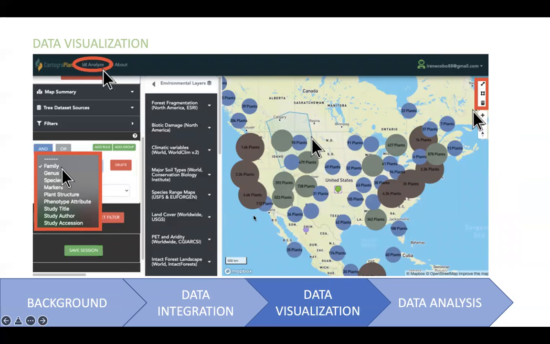Finally, users can also select the plants for further data analysis, and it can be done in two different ways. One way is in the left panel by filtering the plants using different criteria, such as, for instance, taxonomical information, family, genus, species, the markers, plant structure, phenotypic attribute, and also study title, author, and accession. Another way to select plants for further data analysis is by drawing directly a polygon in the map using these